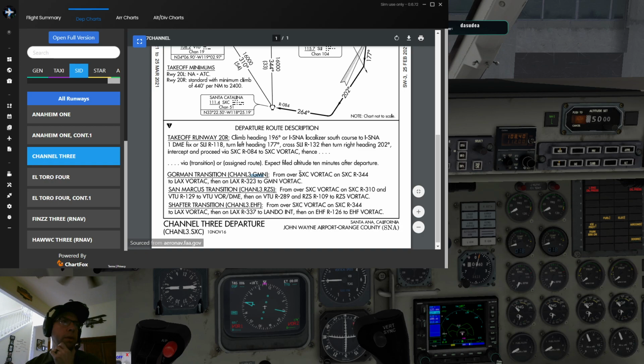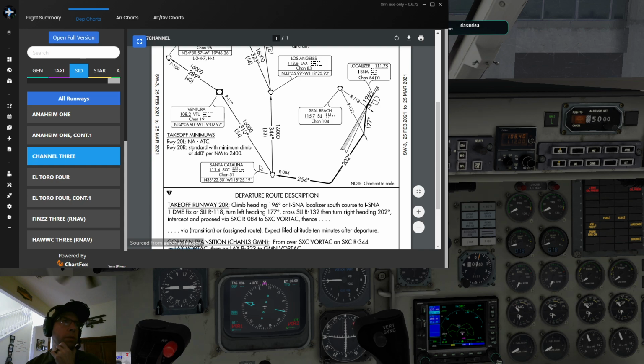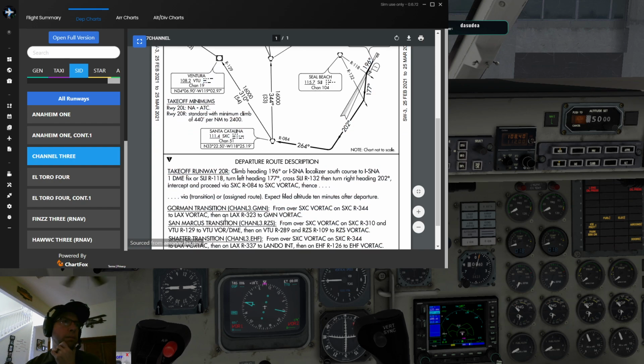So from over the Santa Catalina VOR, then we're going to proceed on the Santa Catalina 344 radial to the LAX VOR. So 344, which is this one. I'm sorry, this one. So we're going to go due north to the LAX VOR,